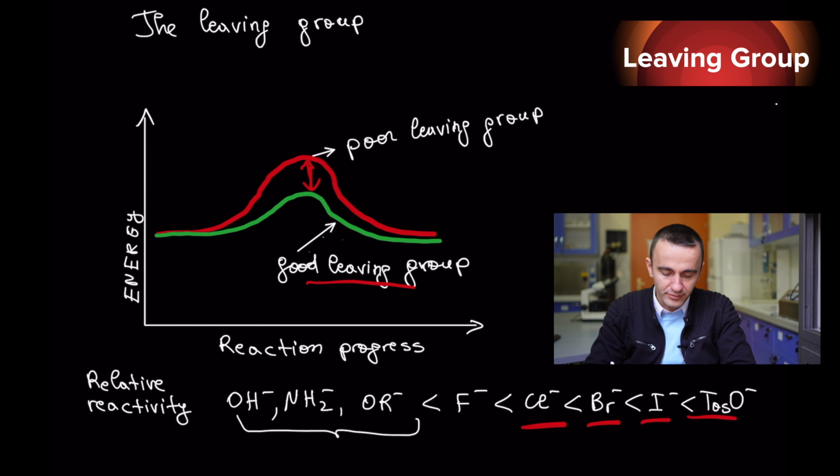Iodine, bromine, chlorine, OH, and H2OR-, they are all not good leaving groups. It is just as important to know which are poor leaving groups as to know which are good leaving groups. In other words, alkyl fluorides, alcohols, ethers, and amines do not